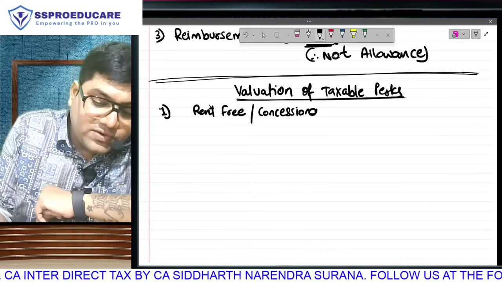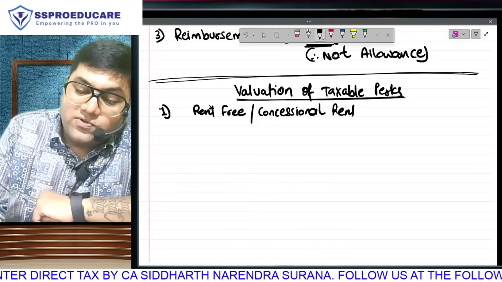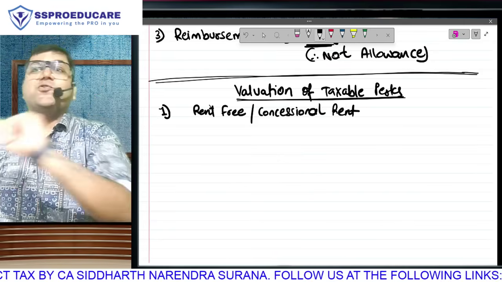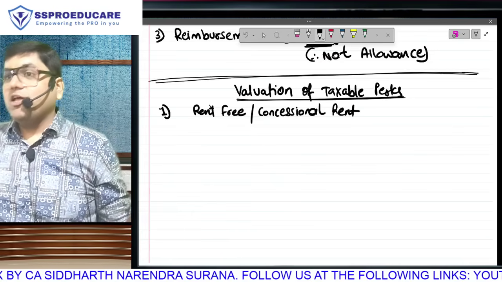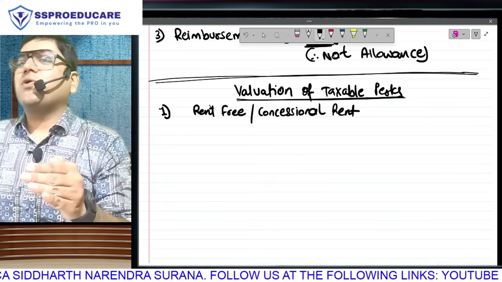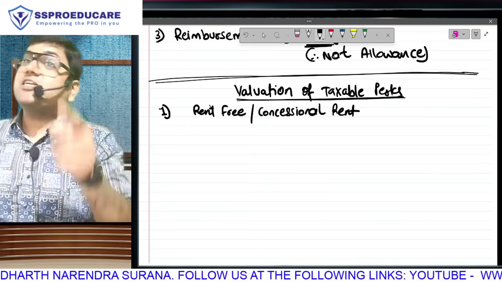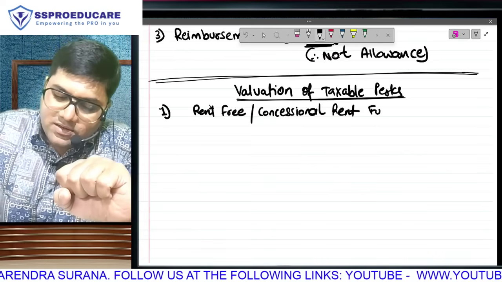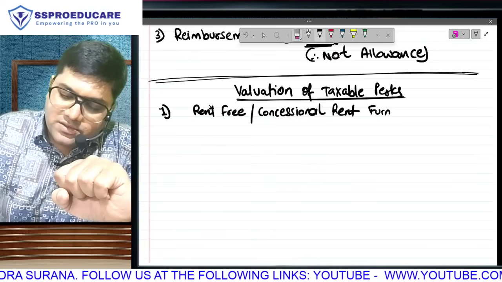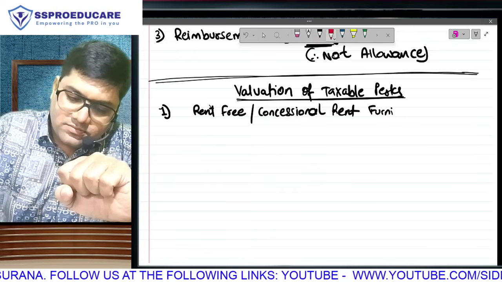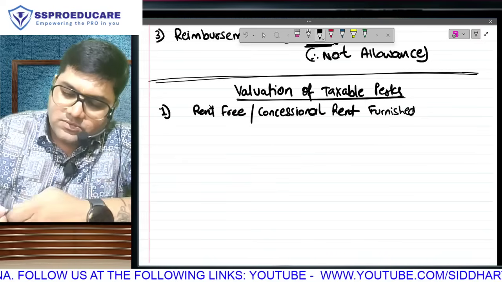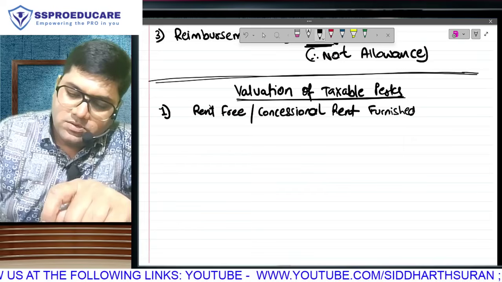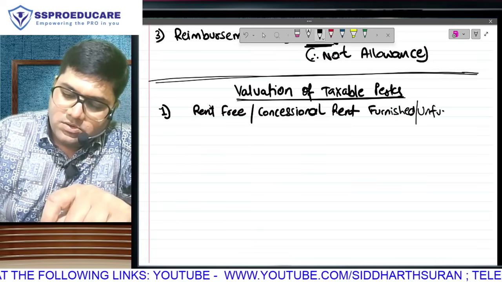Now that you have understood the concept of recovery from salary, you know the difference between rent free and concessional rent. If your boss is giving you an 80,000 house free of cost, it is rent free. But if he is deducting 10,000 from your salary, that is concessional rent. It is still a benefit of 70,000. I hope you understand. And this house can again be furnished or unfurnished